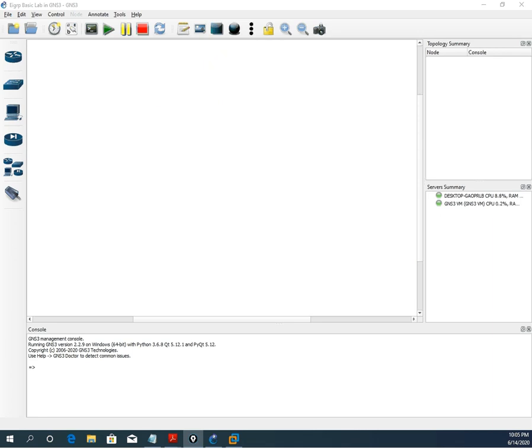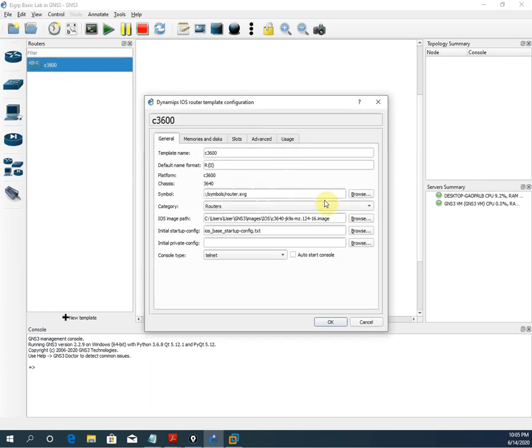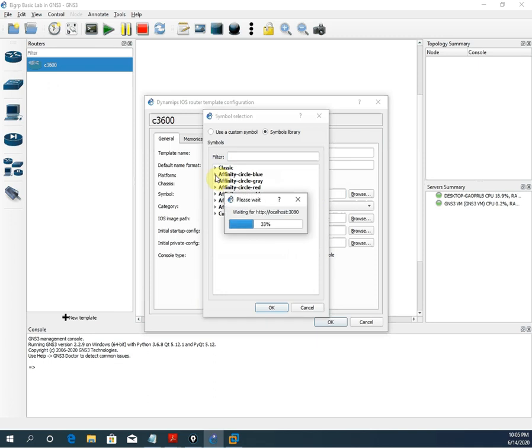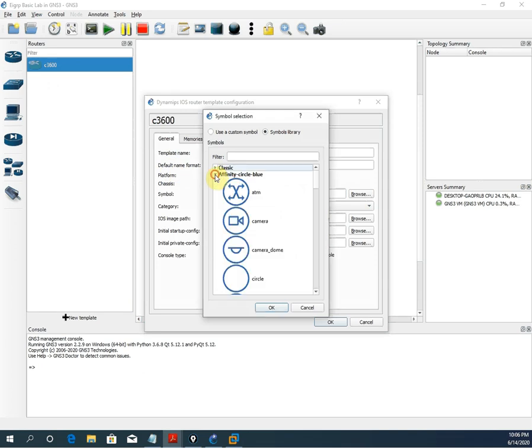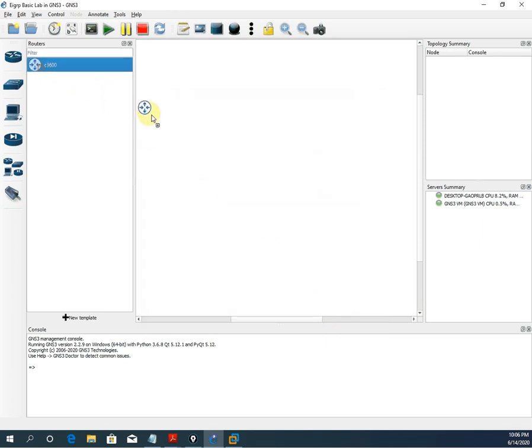So now let's start the lab. What I will do is take a router. Let me take the router here. I have the C3700. Let me go here and change the image. If you want to know how we can change the image, you can see here. We will go to this option here, and you can select anything. I will select the router image I want, so I will change this image. So now I have this. I need 4 routers. So I will take 1, 2, 3 and one more, 4 routers.